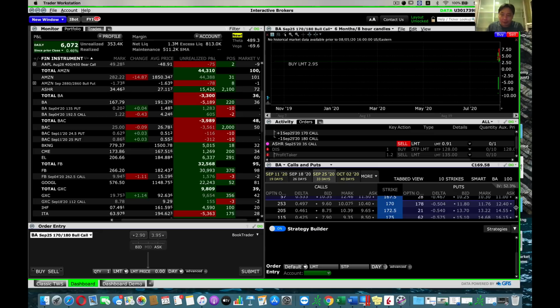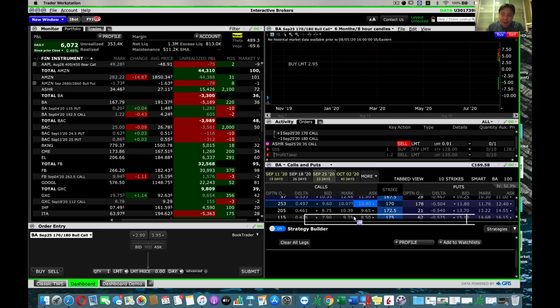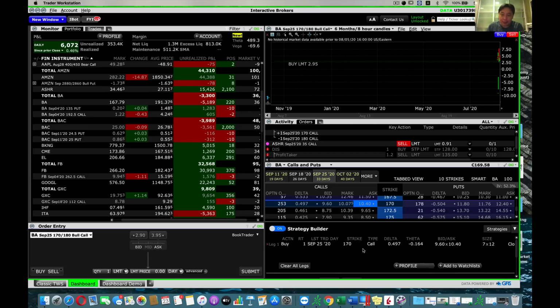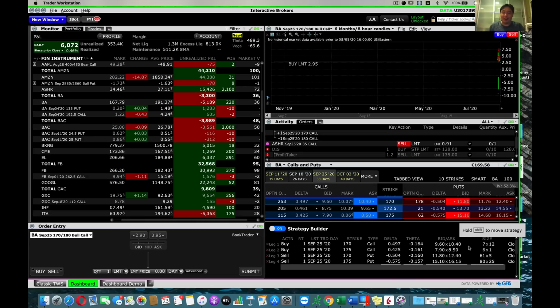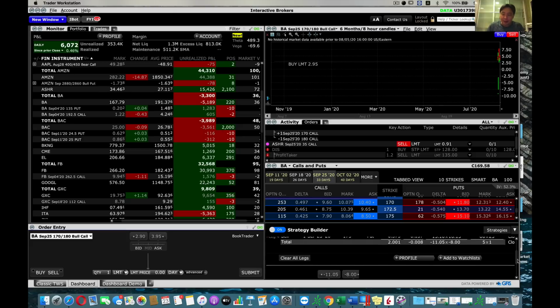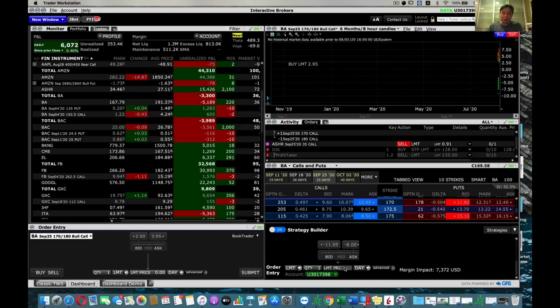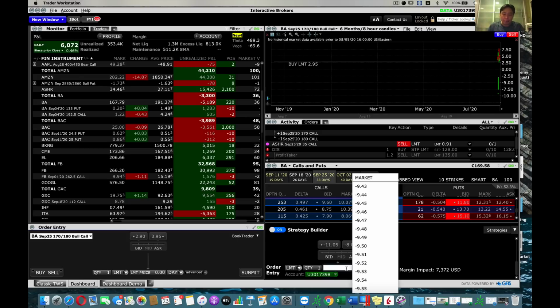So for example, I'm gonna buy the 170. Okay, that appears. Then I'm gonna buy the 175. I'm gonna sell the 170 put and sell the 175 put. All right, now this is not a proper strategy, but I'm just showing you that you can add up to 4 legs and buy 4 options at the same time in a combination. Okay, and again, you can then put in the price that you want to buy the combo at,